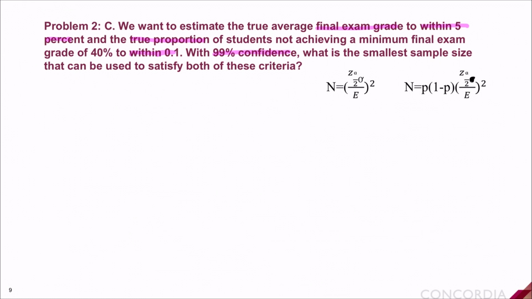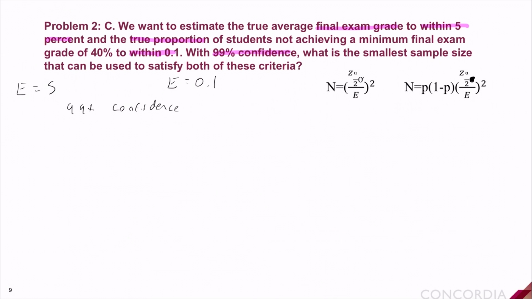So this question is giving us two criteria, therefore we're going to have to do the math twice, once for the final exam grade and once for the proportion. Let us begin by rewriting what they gave us. For the final grade, they give us an error margin of 5%. And for the proportion, they give us an error margin of 0.1. Both criteria use the same confidence level of 99%